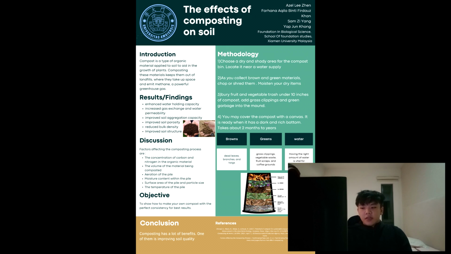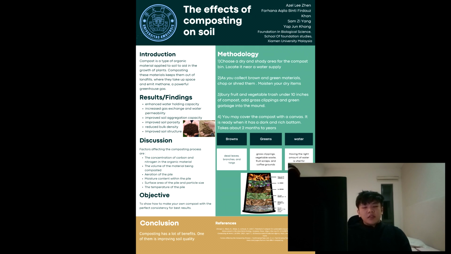Moving on to aeration and the moisture content of the pile. Aeration is useful in terms of reducing high initial moisture content in the composting process. So what would high initial moisture content do? Well, it produces an anaerobic reaction from waterlogging, which would stop and halt all ongoing composting processes.